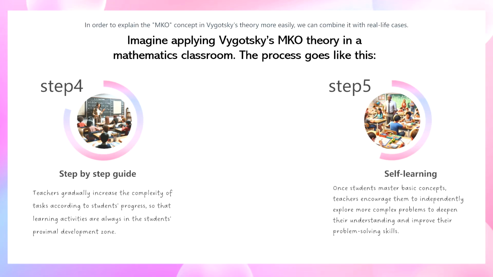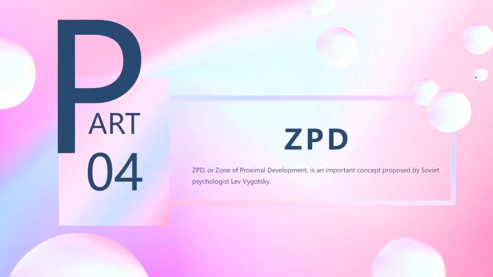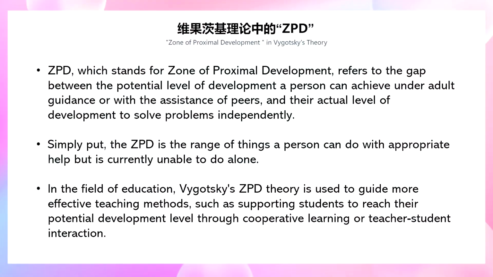their problem-solving skills. Next comes the fourth part, ZPD. ZPD, which stands for Zone of Proximal Development, refers to the gap between the potential level of development a person can achieve under adult guidance or with the assistance of peers, and their actual level of development to solve problems independently. Simply put, the ZPD is the range of things a person can do with appropriate help but is currently